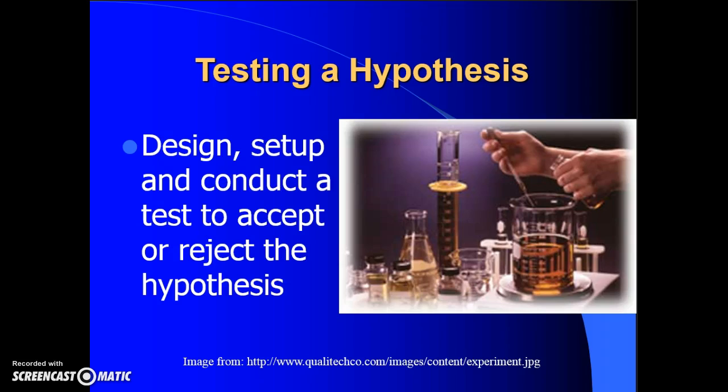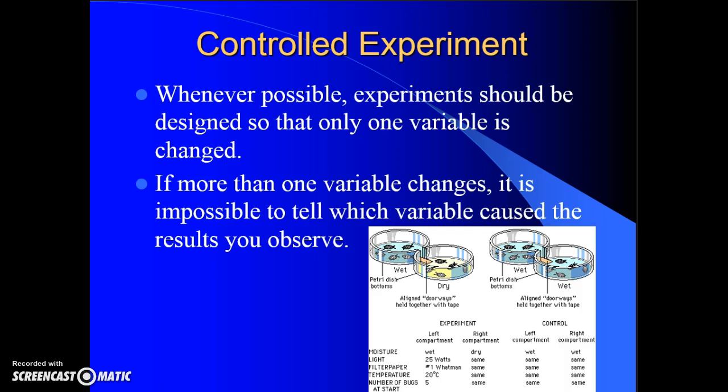Third step is testing the hypothesis. You will design, set up, and conduct a test or an experiment to accept or reject the hypothesis. When you are testing a hypothesis, it's a good idea to set up what's called a controlled experiment. It should be designed so that only one variable is changed. If more than one variable changes, it's impossible to tell which variable caused the results